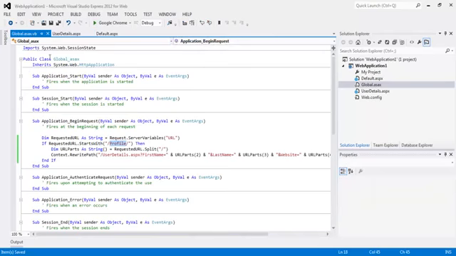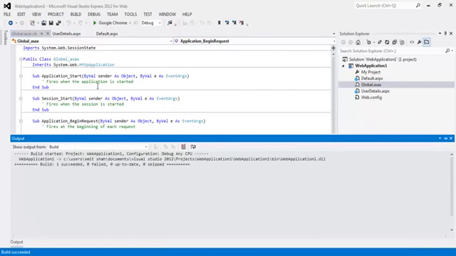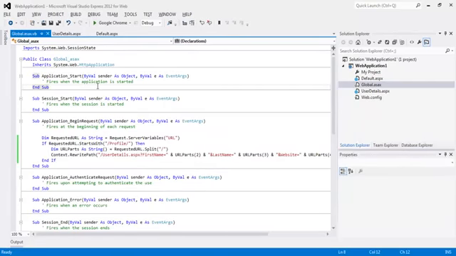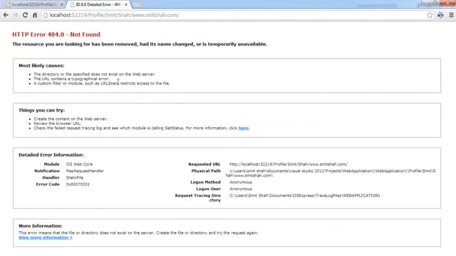So we'll go ahead and give that a shot now. I'm going to quickly recompile. Ctrl+Shift+B is the keyboard shortcut for it. Now when I go back to this page, if I hit refresh now, it should load the page with that